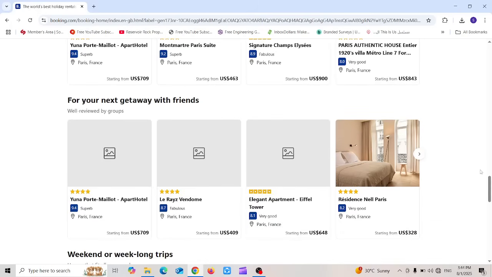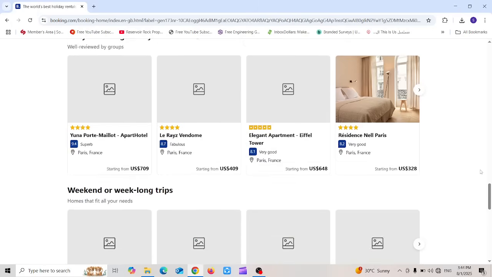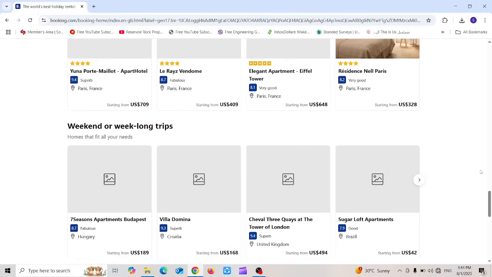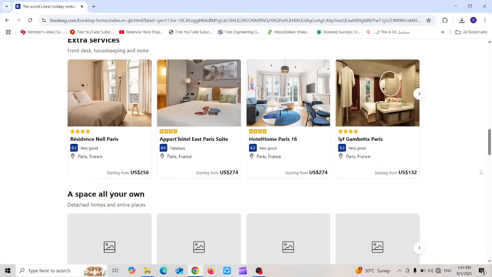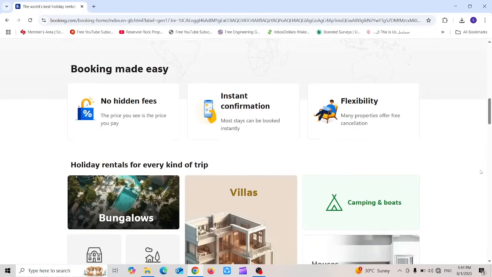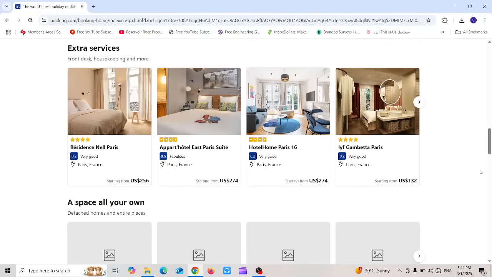And you can find places which are more suitable to get with your friends. You can find weekend or week-long trips. So all these are suggestions. Booking is trying to help you to find what suits your trip. So if you are confused with all these options and you don't know what to choose, you'll find Booking gives